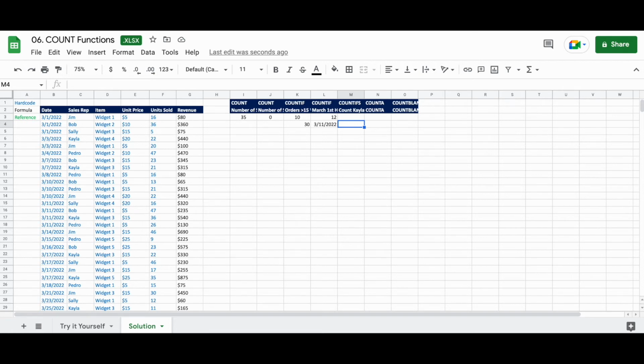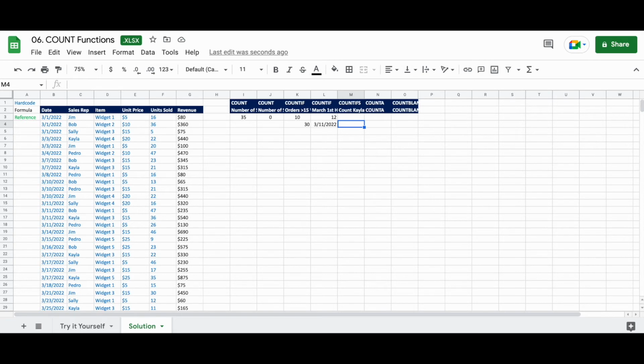For COUNTIFs, the formula is in words equals COUNTIFs, open parentheses, range 1 to look at, comma, range 1 condition, comma, range 2 to look at, comma, range 2 condition, and so on and so forth, close parentheses. While the difference between the two functions is much smaller than SUMIF versus SUMIFs from session 5, defaulting to the IFS member of the count family will help make future changes easier.